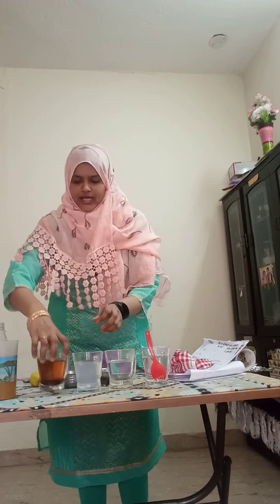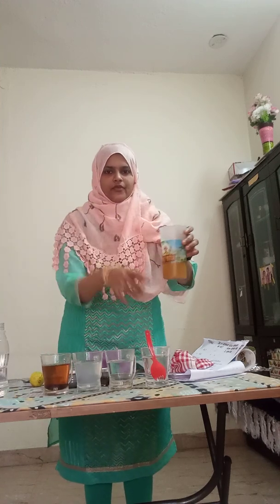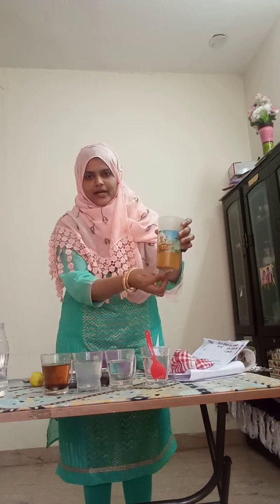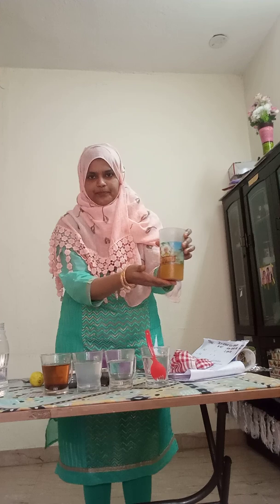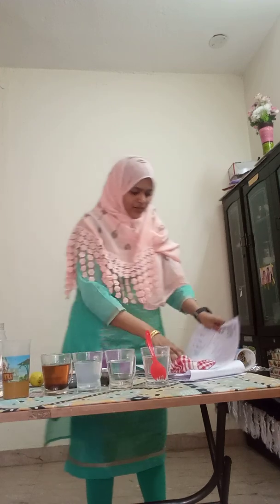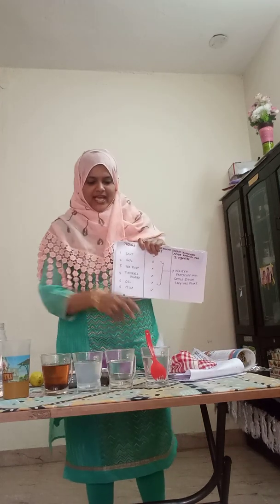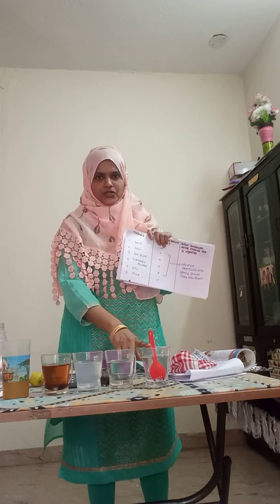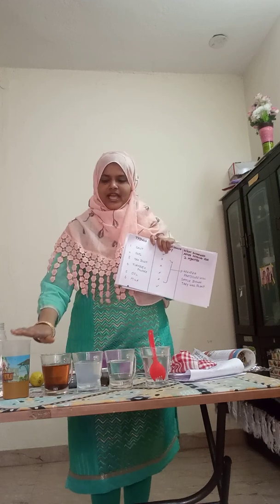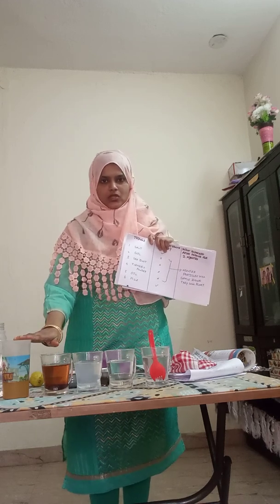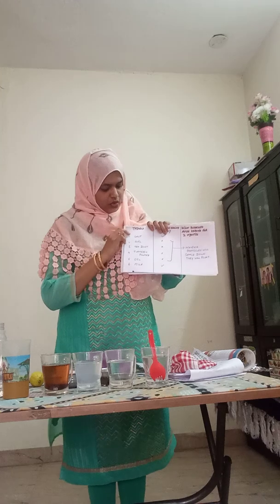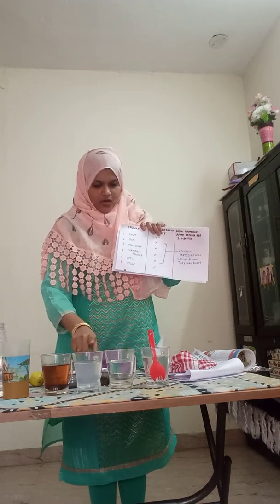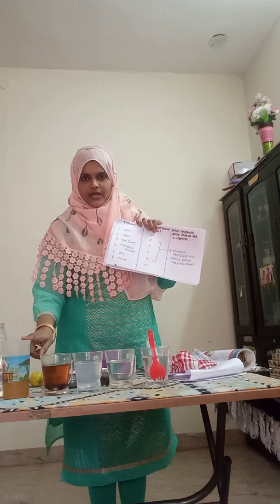Okay, and turmeric powder here. Turmeric powder also gave color, but the heavier particles got settled down at the bottom. Okay, so make a tabular column. What are the things we have taken? Those are solid substances, which we call solute. The liquid substance we have taken for everything is the common solvent, that is water. Okay, so what are the solutes we have taken? Salt, sugar, oil, tea dust and turmeric powder.